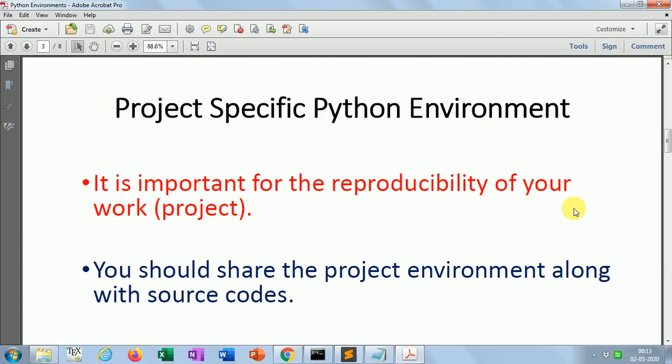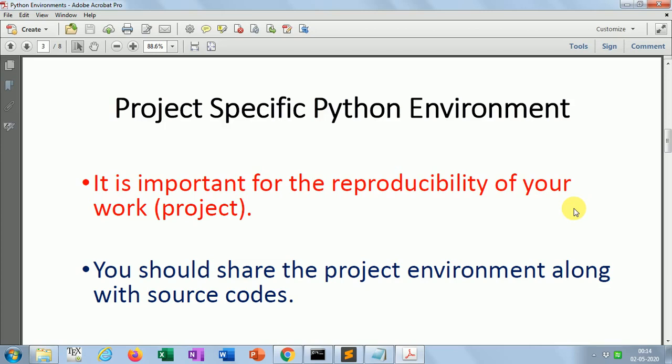Why it is important: the project specific Python environment is important for the reproducibility of your project. It is a better way to create a project specific environment and store it as a part of your project,